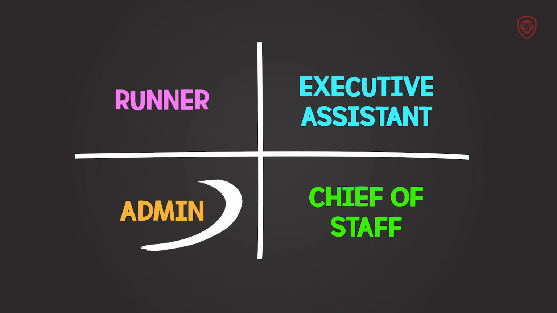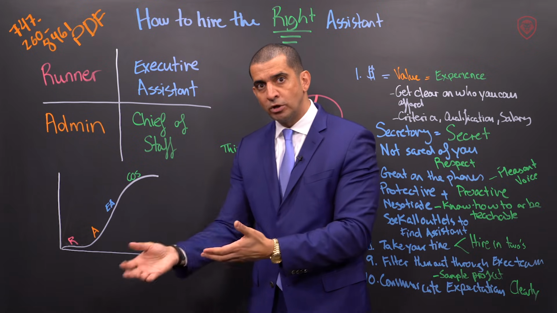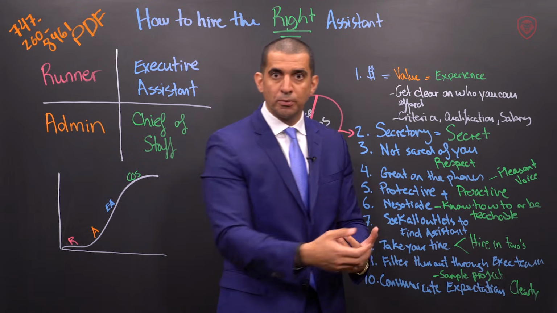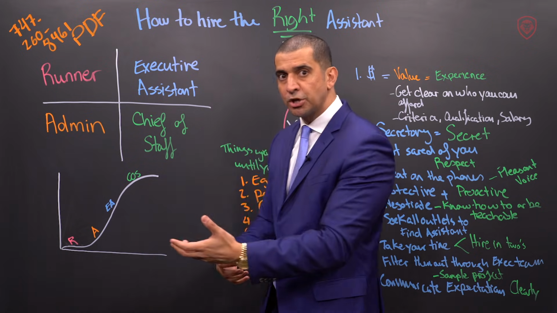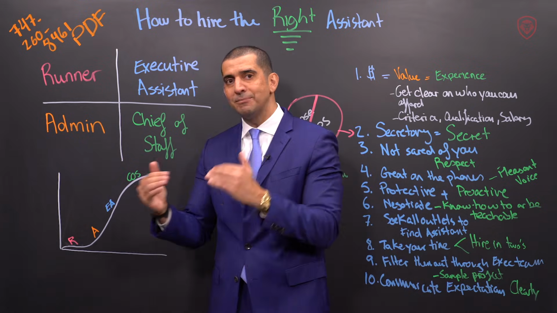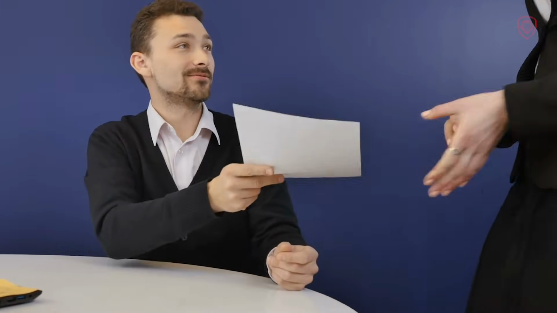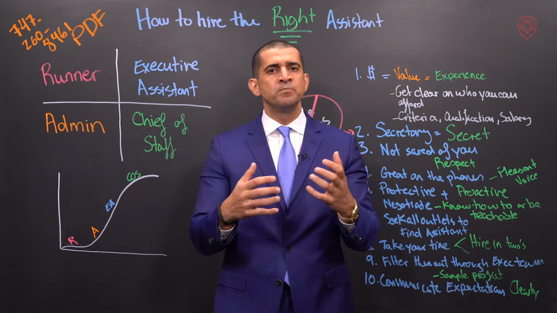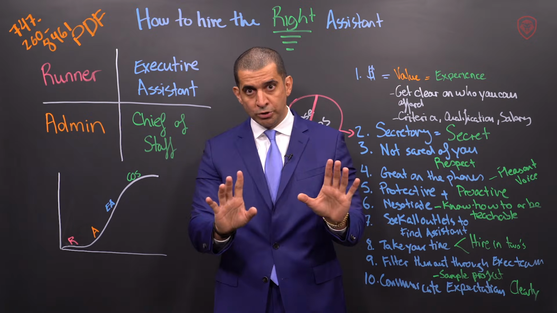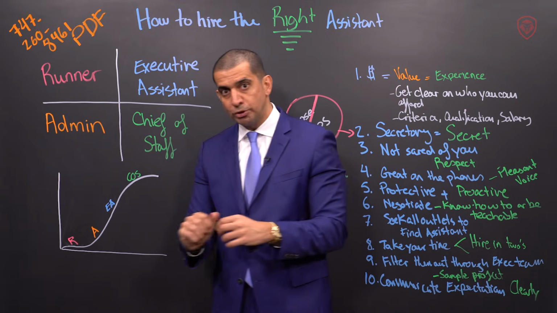Next, admin. Somebody who's admin, meaning you teach them how to do the paperwork. You're a lawyer, you're going to learn some basic stuff they need to fill out. You're a financial person, some real estate, digital marketing, whatever you're doing. Somebody that's admin is above a runner. Obviously, to an admin, you're not going to tell them, go run this for me, go run that for me. Admin's going to be a little bit more clear. They know how to write. They're clear about writing emails. They know how to do Excel. They know how to run certain reports. They know a little bit more about Outlook, those types of things than a regular runner would do. Again, admin is going to cost you more than a runner.